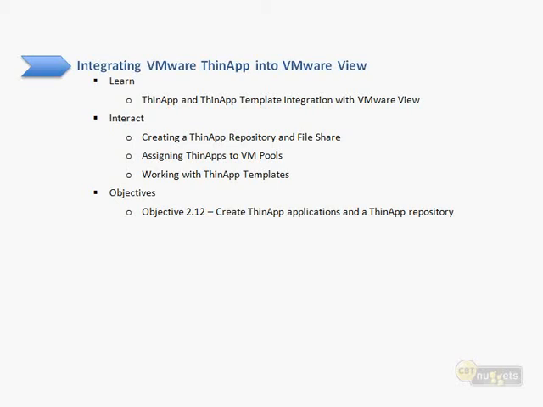Integrating VMware ThinApp into VMware View. And we're back. So this is kind of like part two to that immediately previous nugget that we spent really